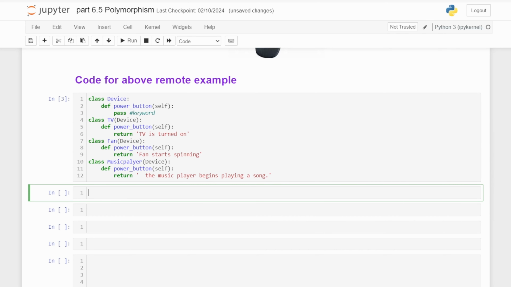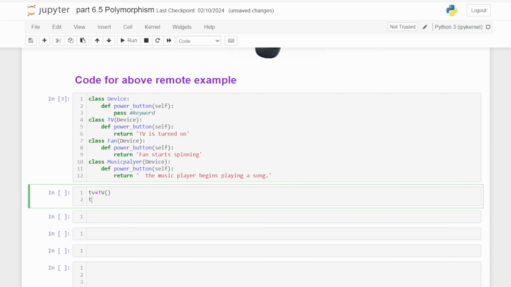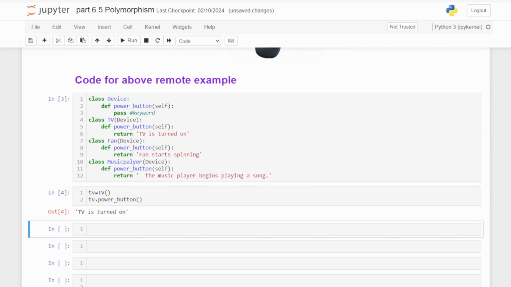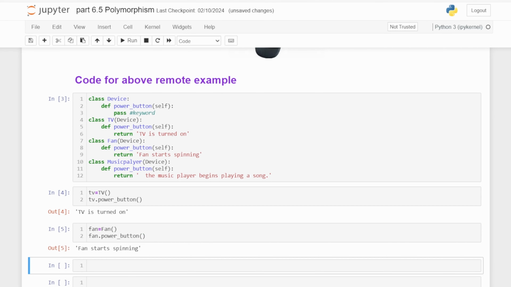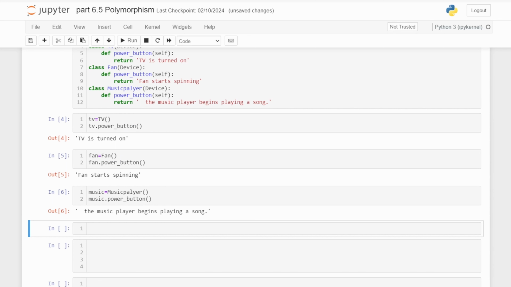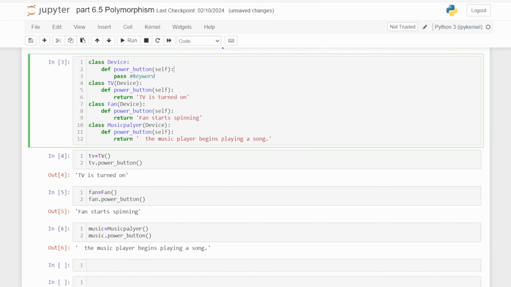Now we want to create an object for this TV. I want to call TV dot power button. Yeah, you can see TV is turned on. Like that, I want to create the same for the fan. Fan dot power button. Yeah, you can see fan starts spinning. Like that, music player power button. You can see we got this output. The music player begins playing a song. We have only one power button, but it is doing different actions on TV, on fan, and on music player,